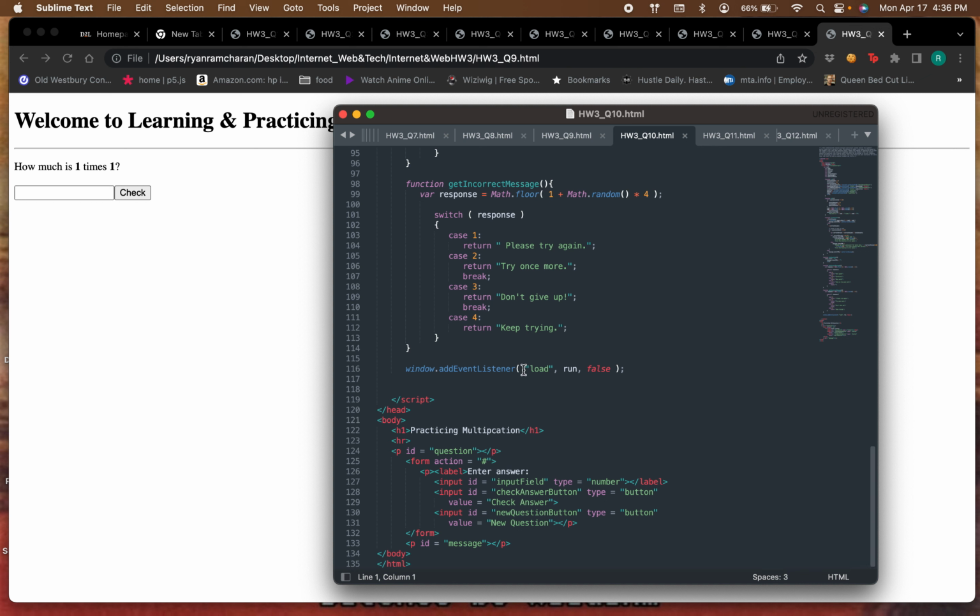Window.addEventListener load, run full script. We end the script and the head, and go into the body. Header 1: Practicing multiplication. P id equals question. Form action equals number. P label: enter answer. Input id equals input field, type equals number. Input id equals check answer button,